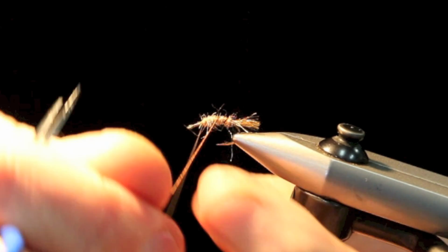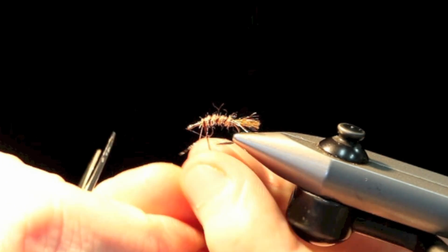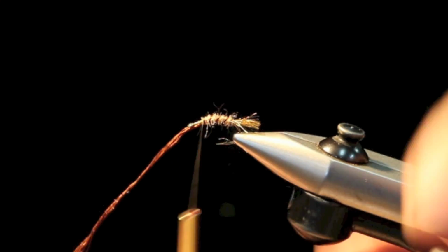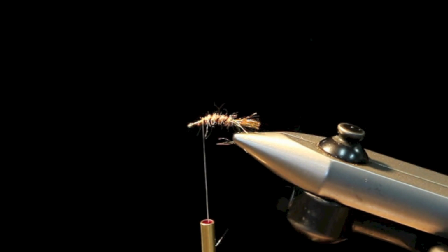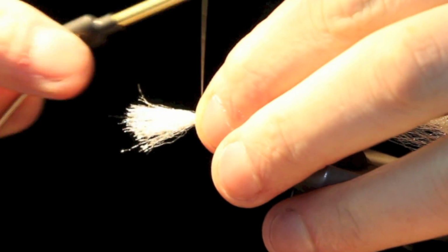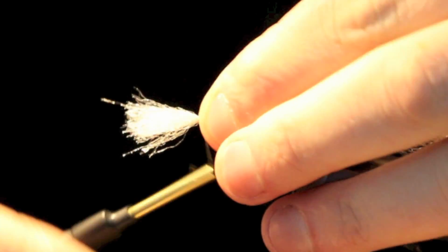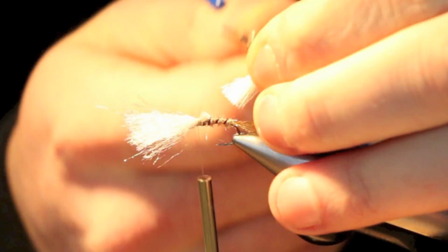And we'll make a few wraps with our rib. Wrap that forward, tie it off. And for our wing material, we're using Widow's Web in silver from Montana Fly Company. We're going to tie in a pretty thick clump of that, make that wing nice and heavy so this thing